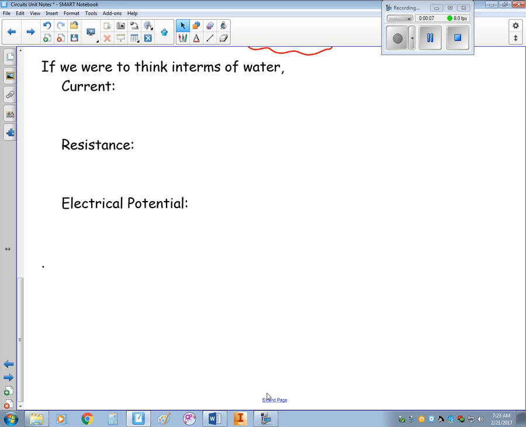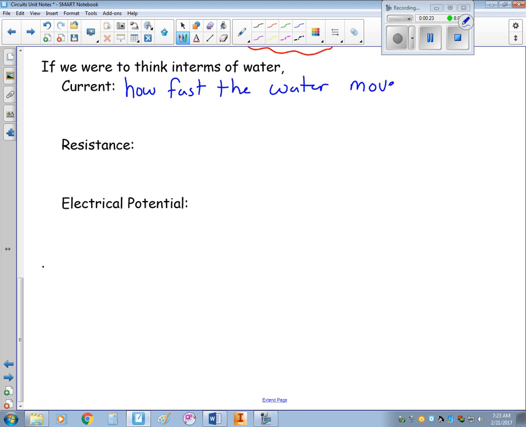So let's review a little bit here. If we were to think in terms of water, current would be how fast the water moves. So that's kind of like how quickly the charges are moving past that point in the wire per second. Resistance would be anything that restricts the flow of water. So in terms of electrical things, that'd be things known as resistors or thin wires or really long wires, things